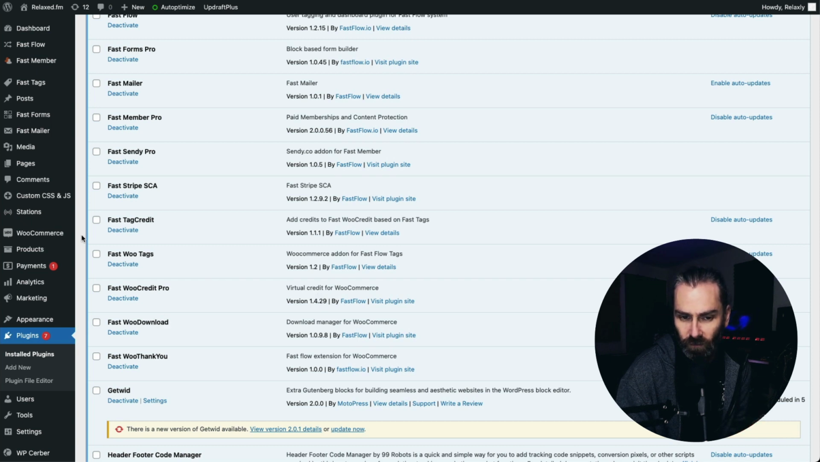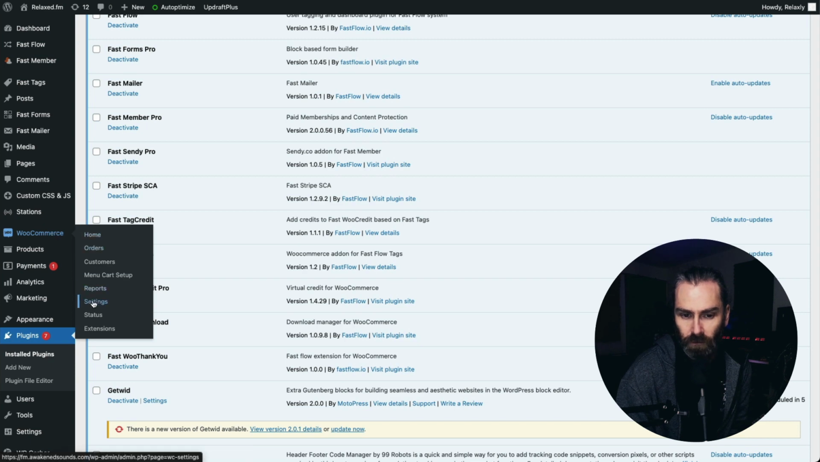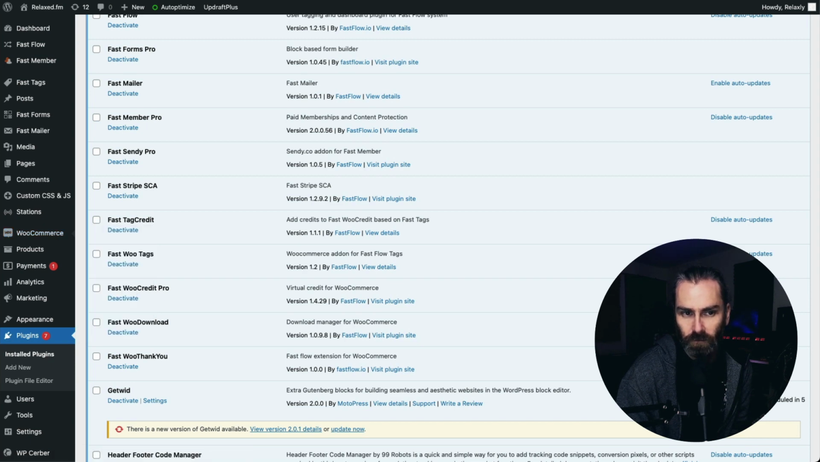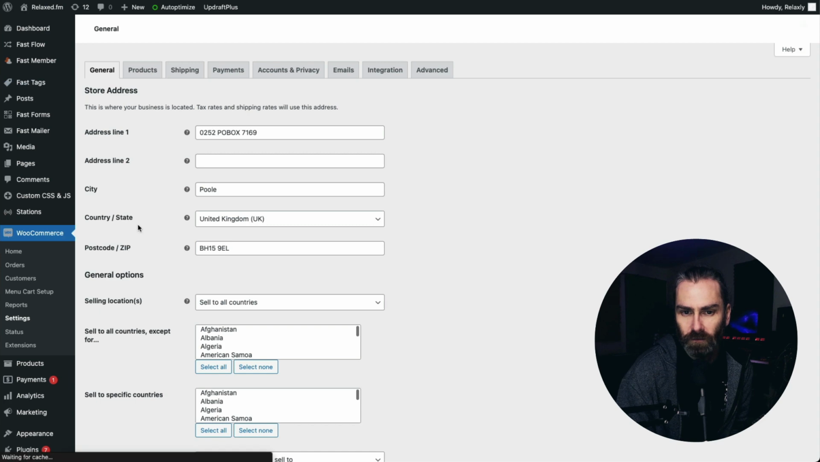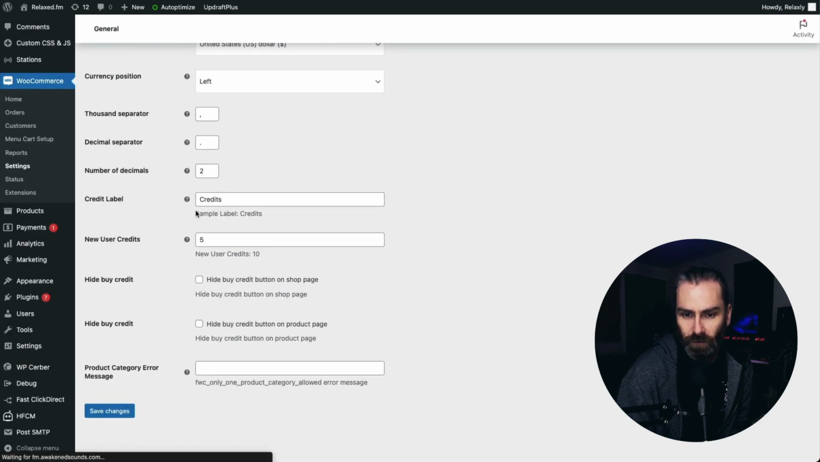We want to come into the WooCommerce settings. Just open that in a new tab here, and we want to make a note of these settings that we already have. So we want to possibly leave this open, right? So we've got credits. We know we want 5 new credits for users. We want to make sure that we know the states of these options,